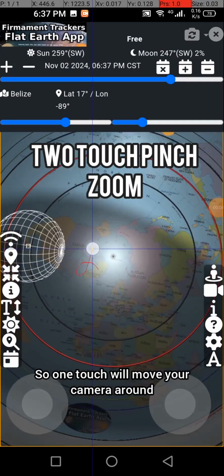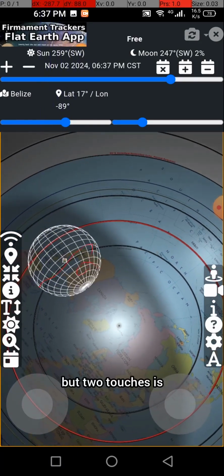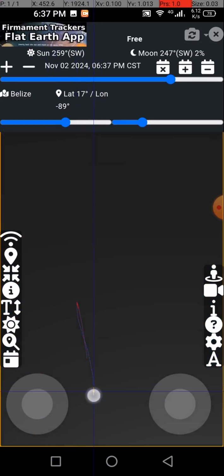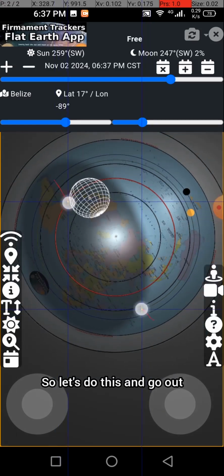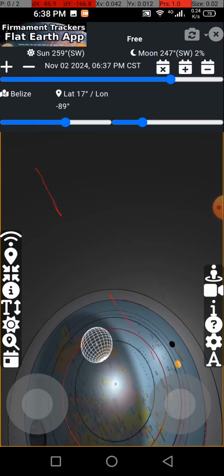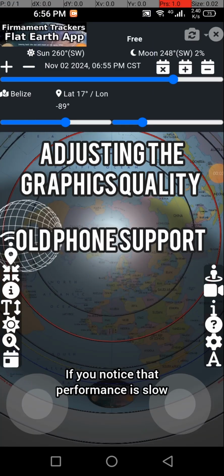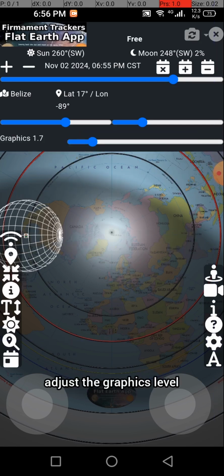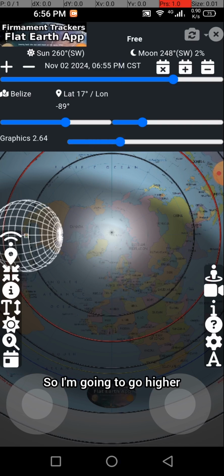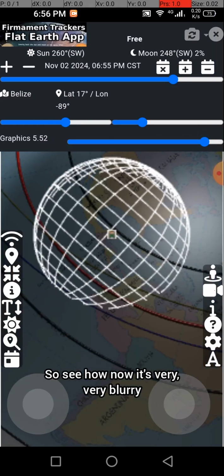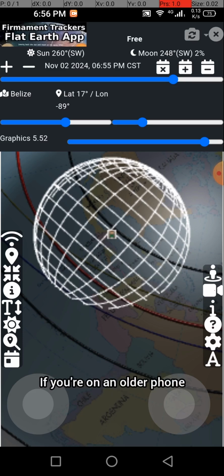One touch will move your camera around, but two touches is how we can zoom in and zoom out. So let's do this and go out. See that? And then that's out, and then if we want to go in, it's like that. You notice that performance is slow. You can use this gear option down here to adjust the graphics level. So I'm going to go higher, which means it's actually going to lower it. So you see how stuff's becoming more and more blurry? So see how now it's very, very blurry. But that might be what you need. If you're on an older phone,